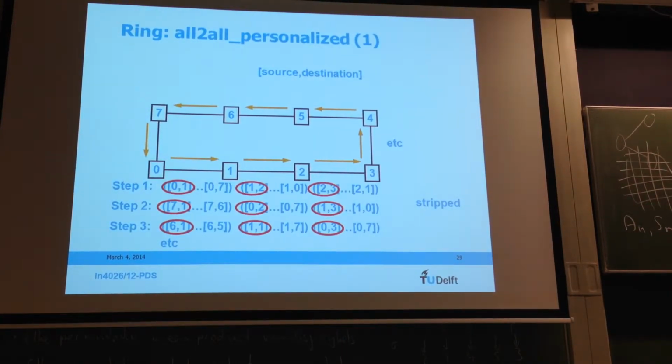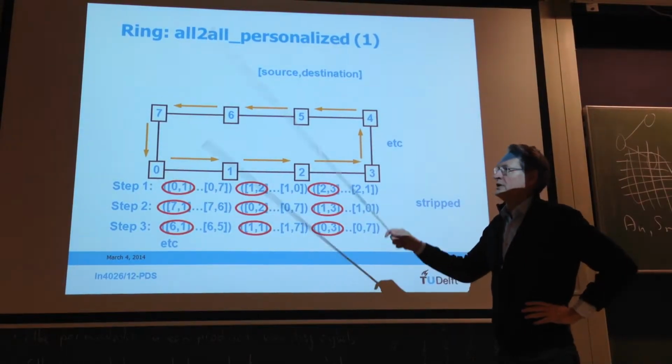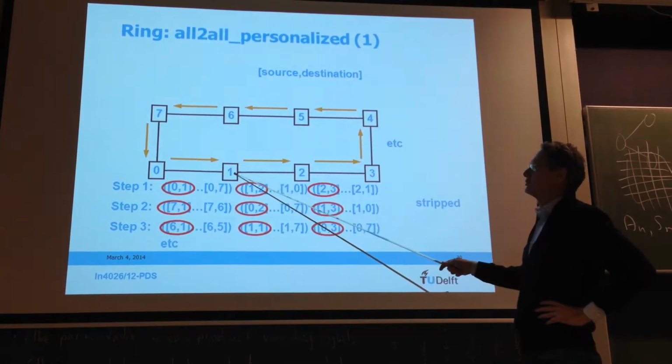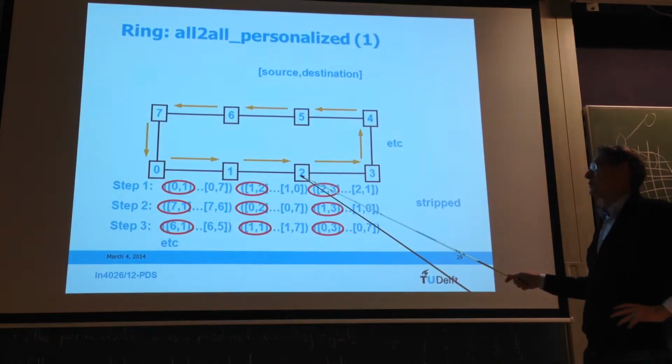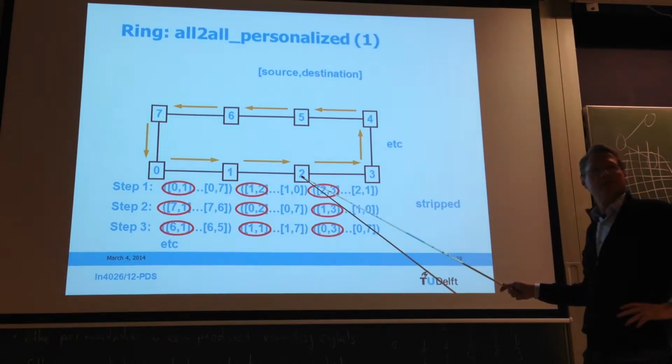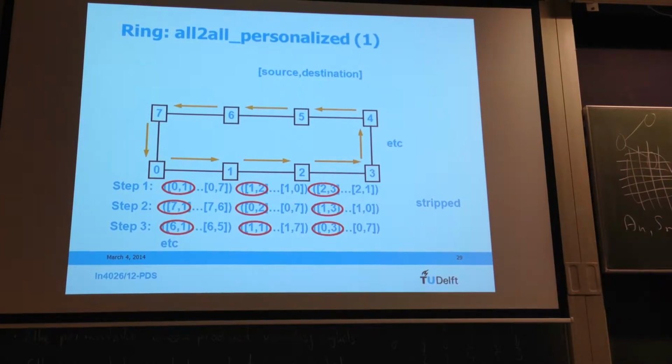Now this is of course not a very nice operation, as you would guess, because in a ring what you typically could do is that you send all the items you have to the next processor, and this one takes the one away which it needs, and then you send the rest to the other one, and then it takes away the one it needs, right? And so you go on. So you strip one element from the row each time,